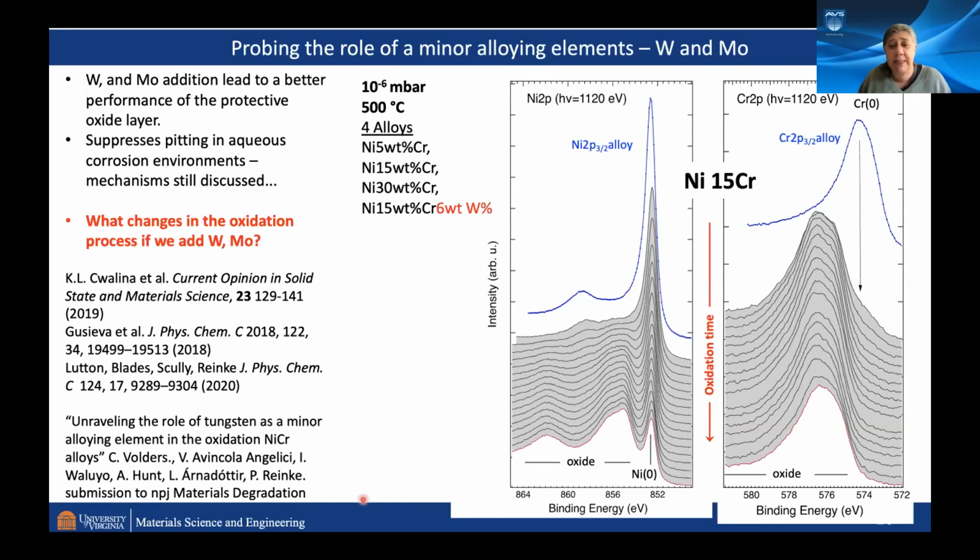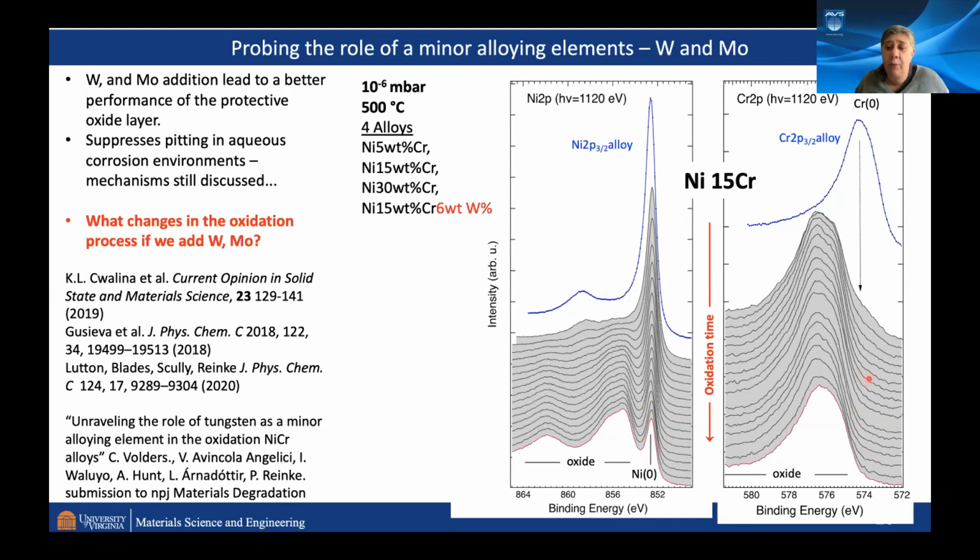Okay, so what happens here? Let's look at the nickel-15 chromium first. Oxidation time goes from the top to the bottom of this graph. You see here the alloy, the nickel peak for the metal. You can still see that even towards the end of the oxidation. You see a lot of oxide coming up as you continue the process. About 20 to 25 spectra. We oxidize for 4,000 to 5,000 seconds, which is the same amount in Langmuir if you prefer a fluence unit.